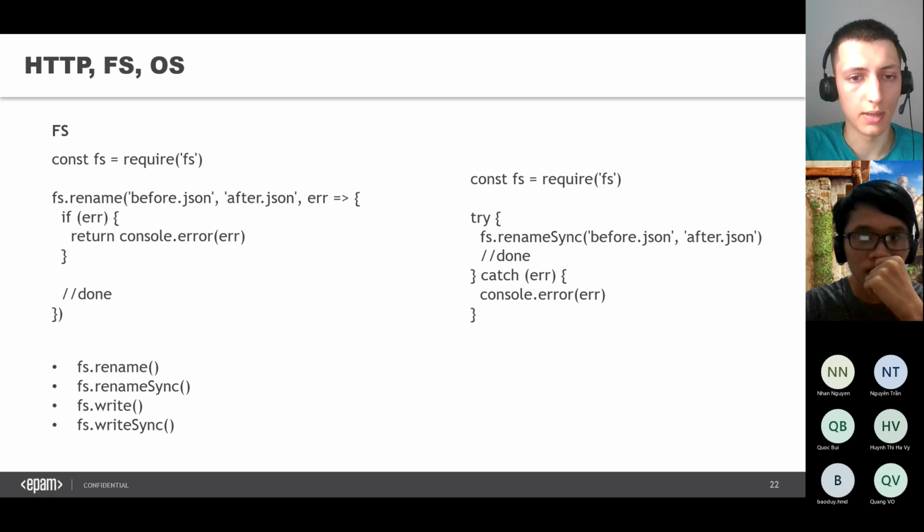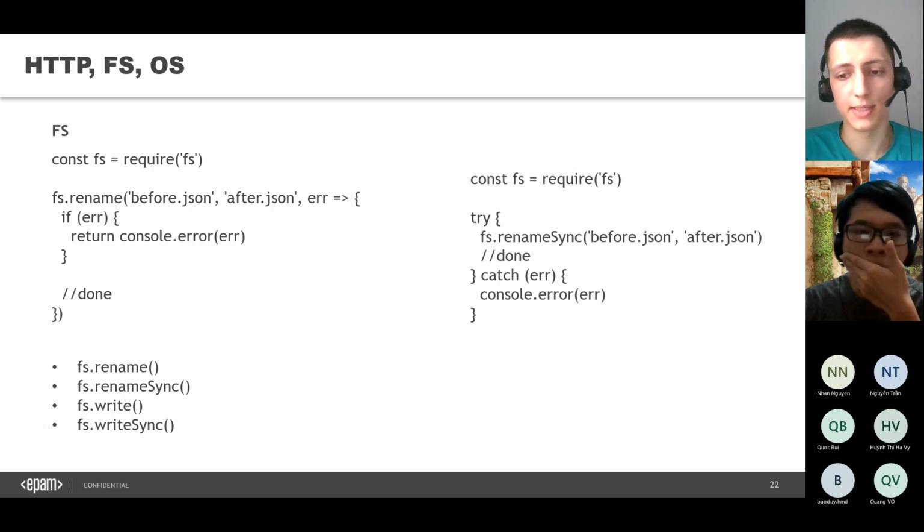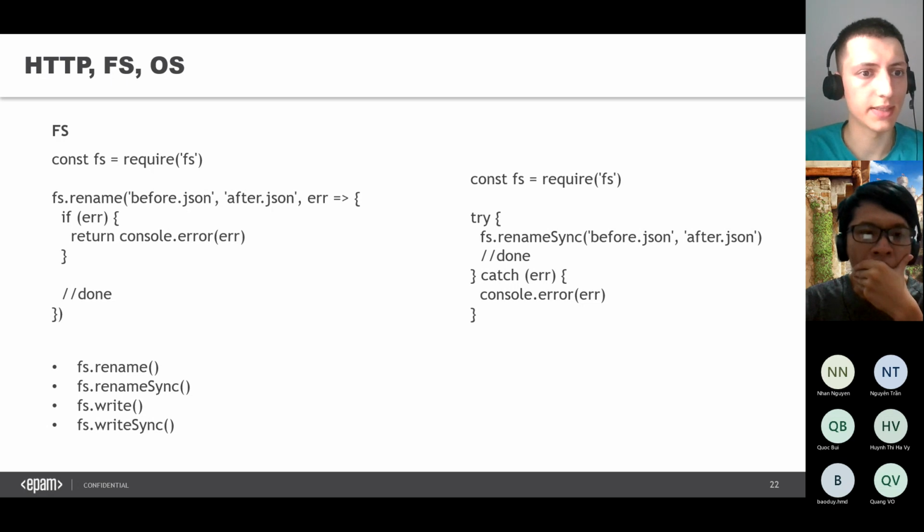Here are some more examples, this one for the fs module. This module is used for accessing the file system, and here is the example of the rename method. This method can help us rename a file.